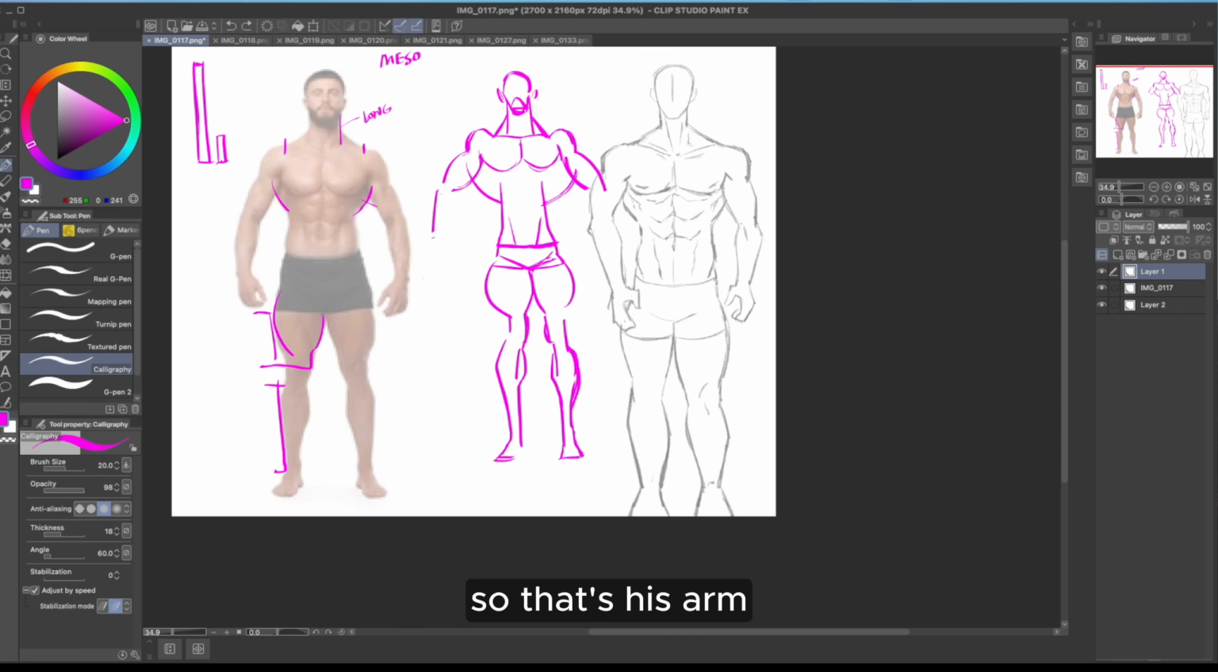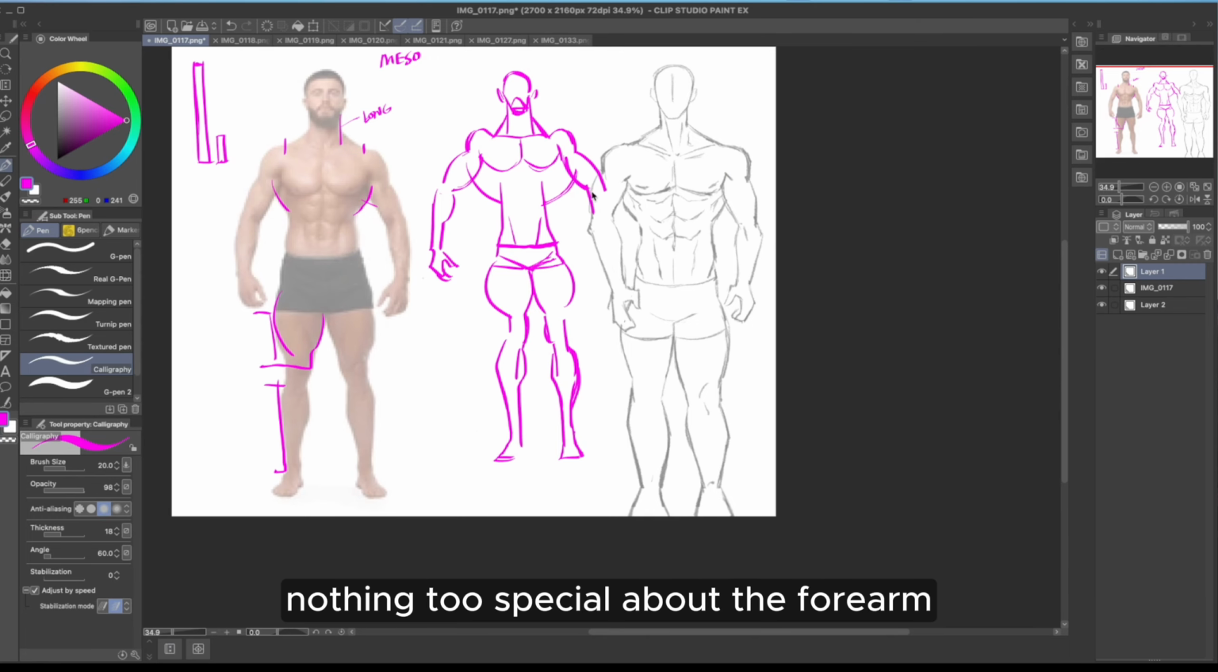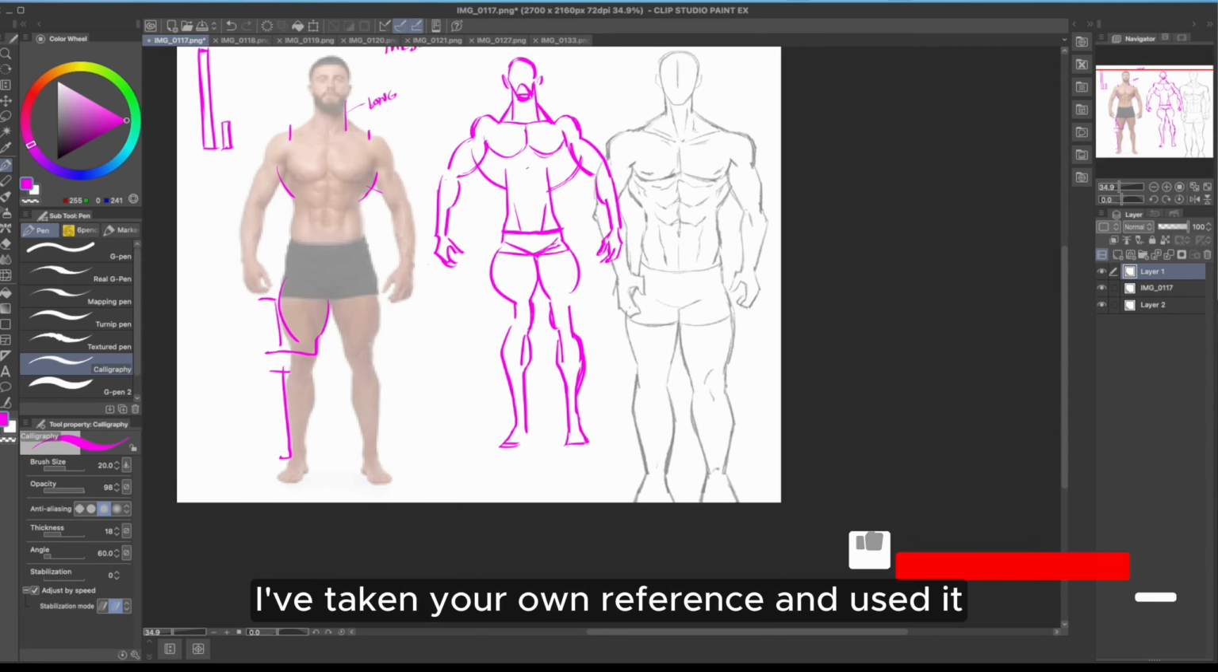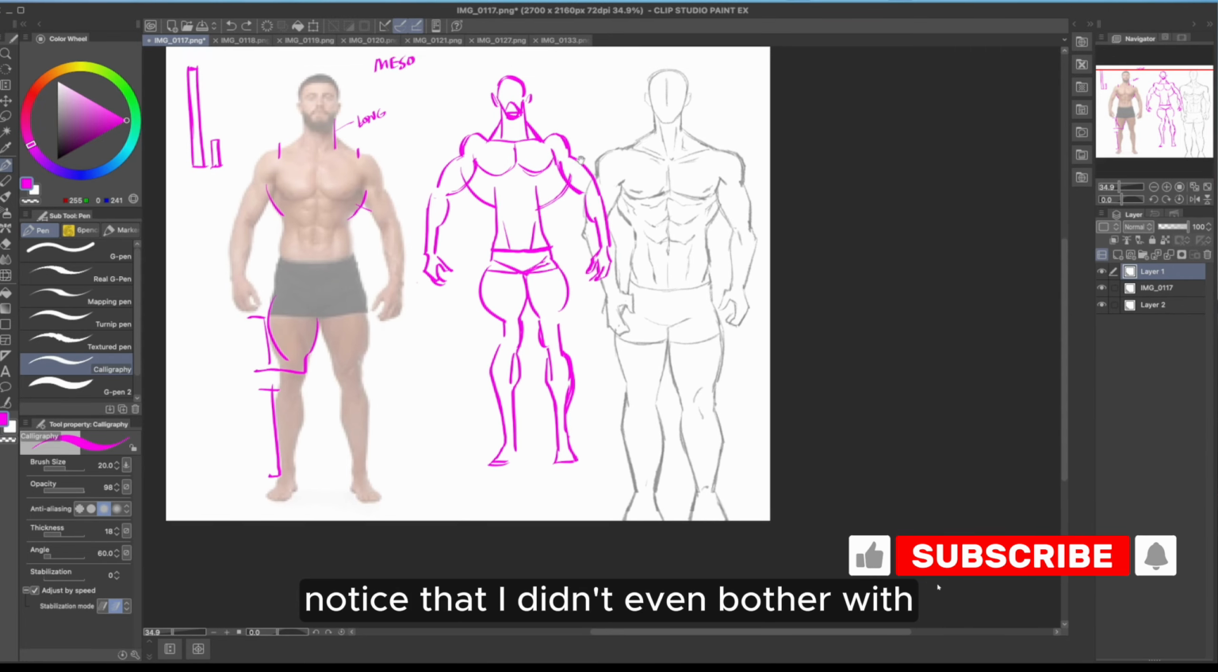So that's his arm, his forearm. Nothing too special about the forearm, just keeping it the way it is. So this is what I expected you to do. I've taken your own reference and used it. Notice that I didn't even